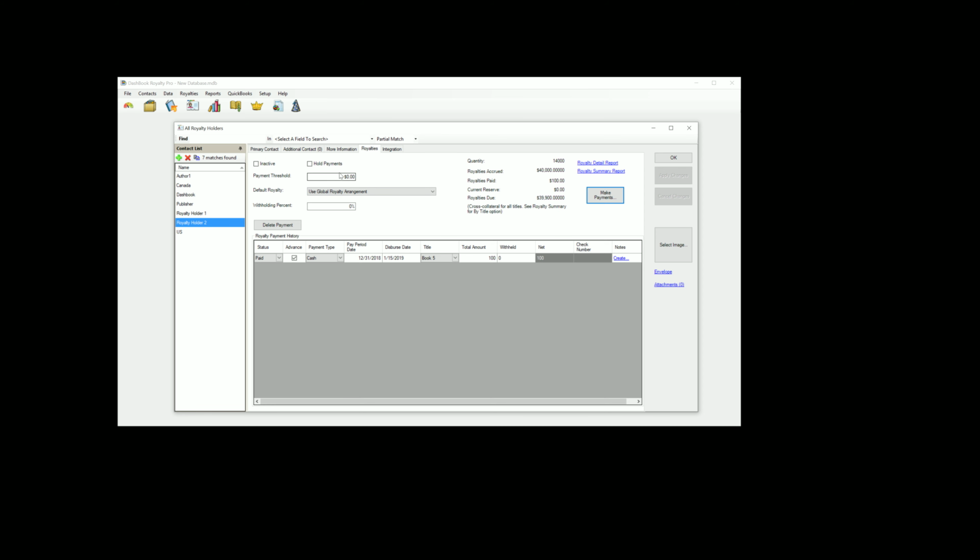If need be, I can also set a threshold for this author. If I set a threshold for, say, $50, what that'll do is when it's calculating payments, if the total amount due is less than $50, then it won't suggest that there's a payment due at all. But as far as the advance goes, I'm done. I can just hit apply changes, and now if I were to run a